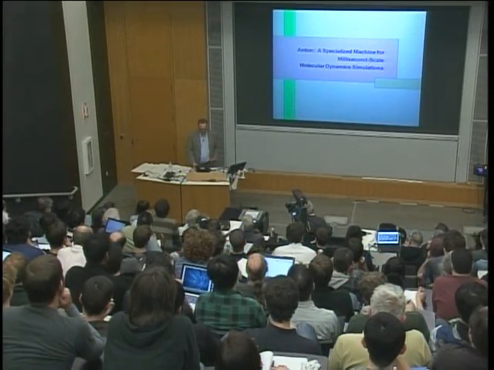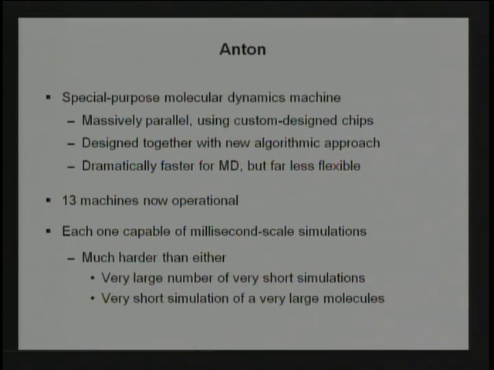So first, just in terms of what Anton is, it's a special purpose machine for molecular dynamics simulations. And I want to emphasize that because of largely what it isn't. It's not somehow a brilliant solution to the problem of having very fast general-purpose supercomputers. We're certainly not smart enough to do that, and there are some intrinsic reasons why it's a very hard problem. Because what you really want to do with that kind of machine is to simulate things that have nothing to do with biology, a wide range of applications.